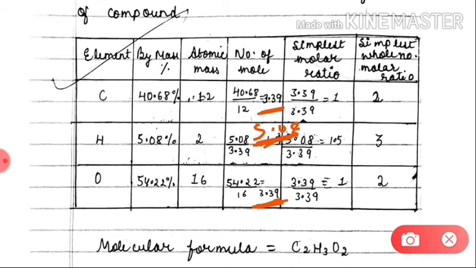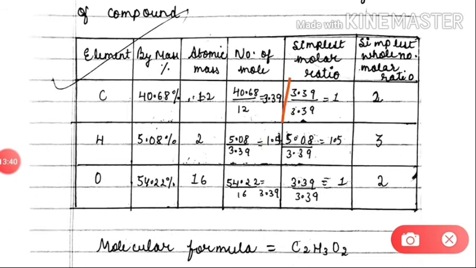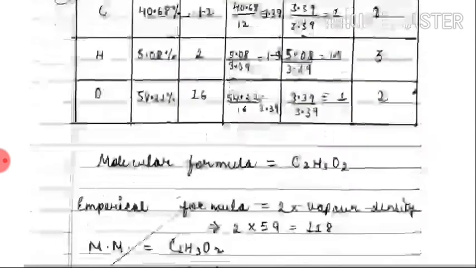And now out of these three we find the least one, and what is the least one? That is 3.39, और उससे बाकी सारे नंबर ऑफ मोल्स को डिवाइड करेंगे. देखिए 3.39 अपॉन 3.39, 5.08 अपॉन 3.39, ये आपका 5.08 है, और 3.39 अपॉन 3.39. सो दिस कम्स 1, दिस कम्स 1.5 एंड दिस कम्स 1. इन तीनों को एक नंबर से मल्टीप्लाई करेंगे सो दैट वी कैन कन्वर्ट इनटू द होल नंबर. तो इन तीनों को मल्टीप्लाई करेंगे 2 से. सो दिस कम्स 2, दिस कम्स 3 एंड दिस कम्स 2, C2H3O2. So this is the empirical formula.